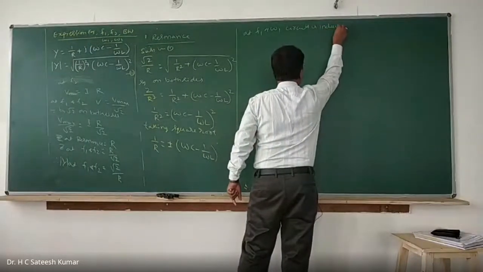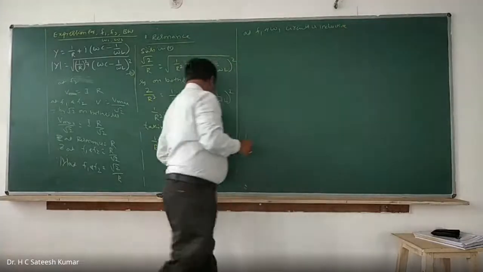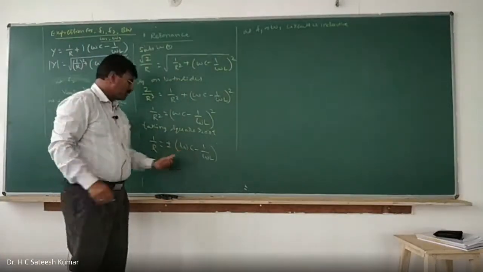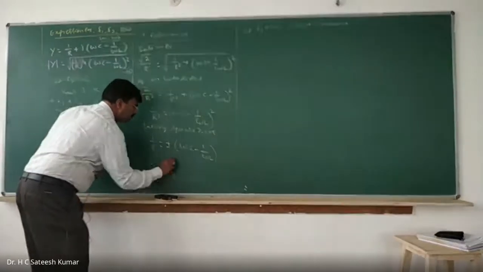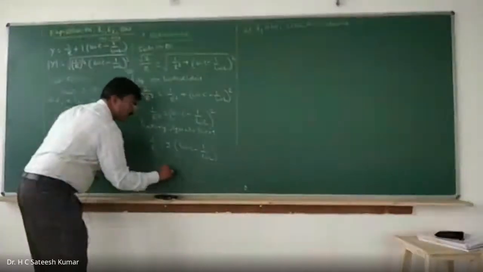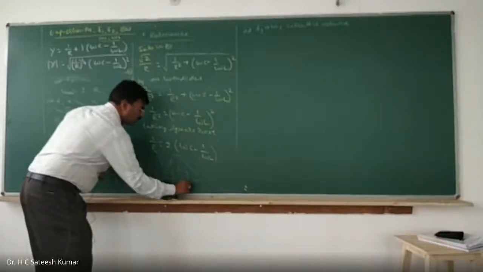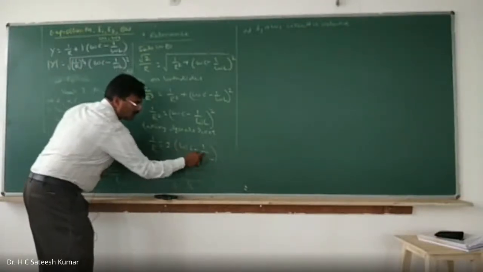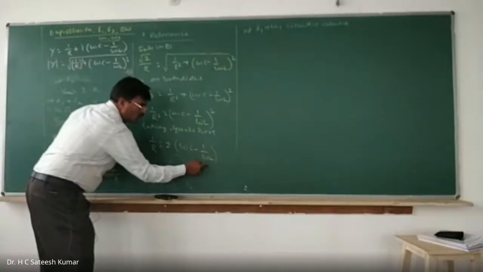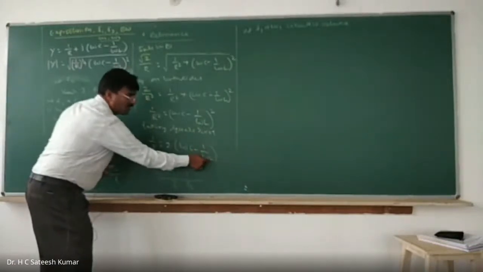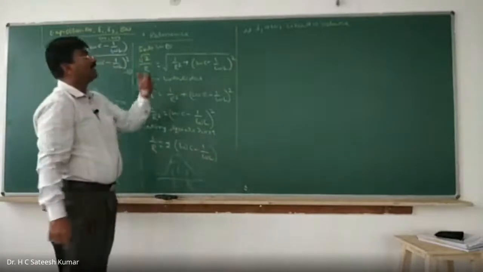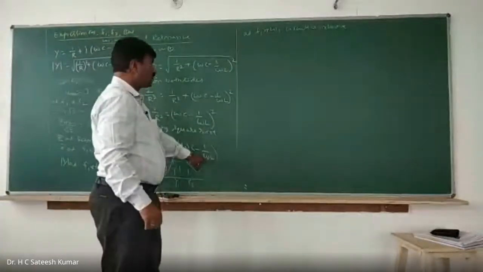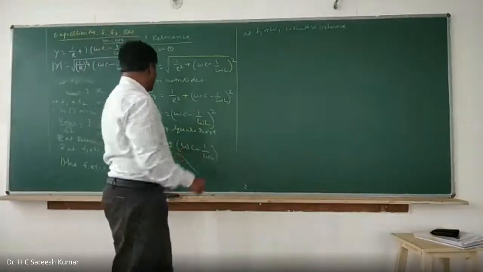The reason is that at F1 this will be low frequency, because F1 is the lower one and this is F2. When F1 is low, this part will be low, and 1 by low is high. Therefore, the circuit becomes inductive. So this is more and this is less. Therefore, we can write it as